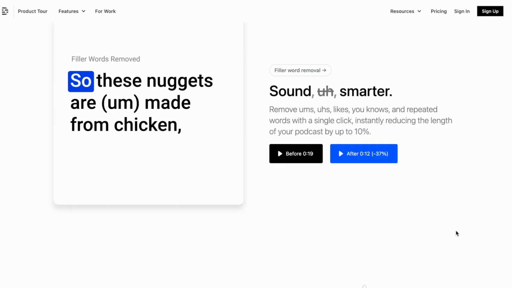And it has some other incredible features too. For example, you can change a word if you make a mistake, and change a word from like chicken to beef, for example, and it's going to dub that over for you using AI and your own voice to make that change for you. It can delete filler words like um, like, etc. And it has an audio upgrade feature where it can take your sound from your MacBook Pro and automatically improve this to studio sounding quality and removing background noise too. So if you're thinking of podcasting, including video podcasting, then check out Descript.